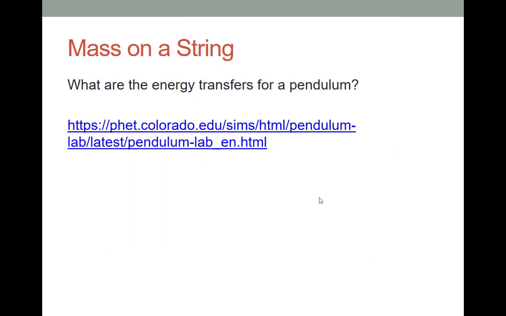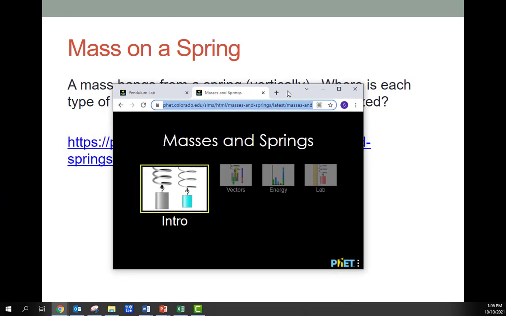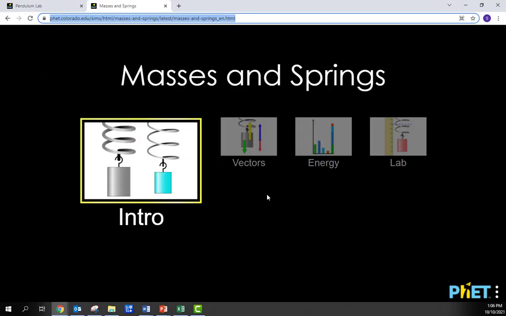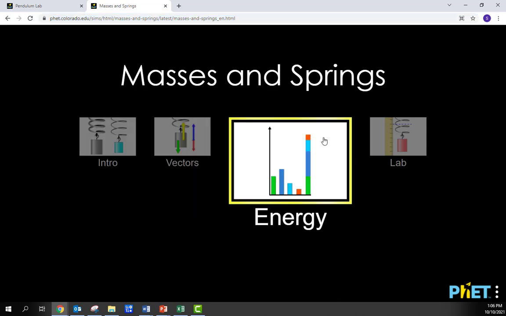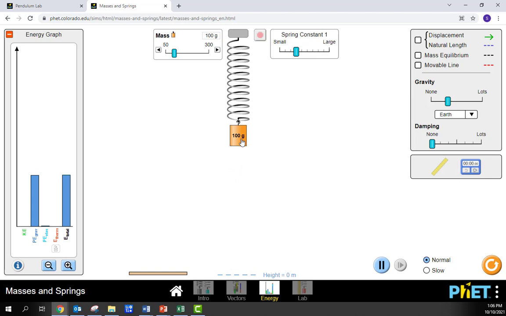Returning to our PowerPoint presentation, the other classic system is the mass on a spring. If you click on that link, you'll get to this simulation. Again, I'm going to start with damping, or in other words, friction, down to zero, and I'm going to hang a mass on here. Wherever I put this height-wise determines what the total energy is, and it is some combination